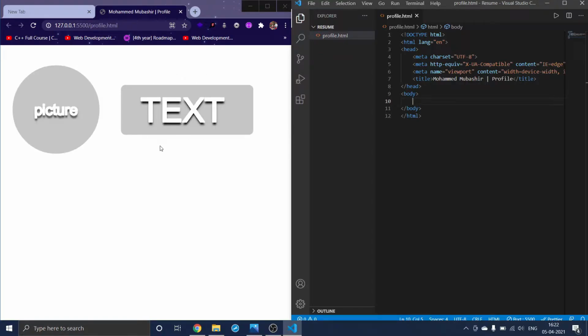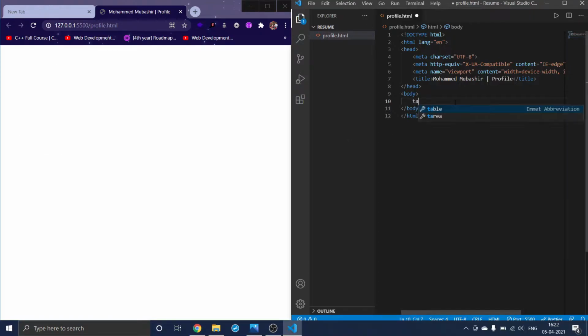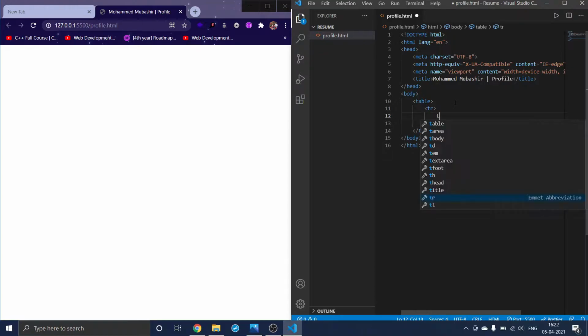As you know, we can use a table, right? So first I will give a table here, and in the table I will make a row, which is tr, and in that a td, and in that td I will give an image, and we need to give the image source, right?